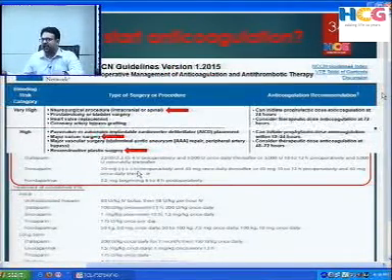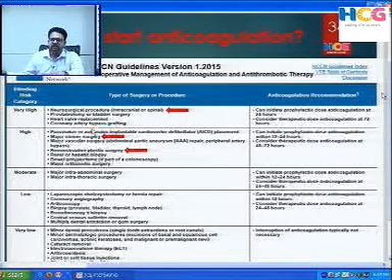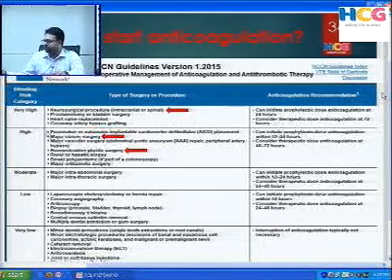So when to start with the anticoagulation? What the NCCN guidelines are telling is that we should stratify the bleeding risk in a cancer patient undergoing surgery. That means neurosurgical procedures, prostatectomy, cardiac valve replacement, and coronary artery bypass grafting have a very high risk of bleeding in the postoperative period. For those kinds of surgeries, we can initiate the prophylactic dose at 24 hours and consider the therapeutic dose of anticoagulation only at 72 hours.